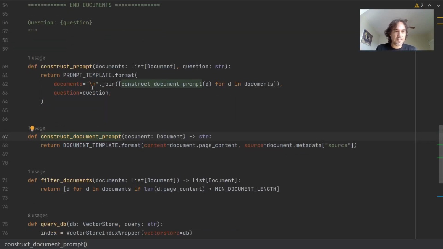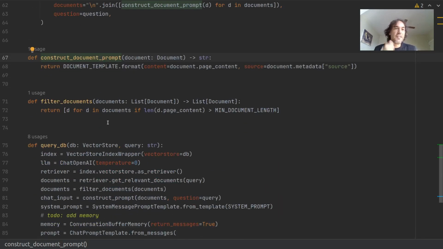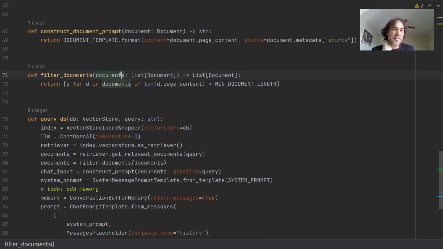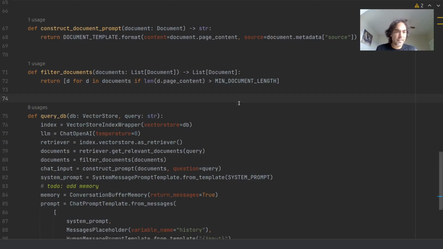This is just boilerplate Python code for formatting and creating, essentially given the documents and the question, just shoving it into these templates. And then the other thing I did, I was finding that there are a couple documents in my database that have like 1 or 2 words in them, and it tries to answer based on that, and sometimes it kind of chokes. So I just added this little filter function, which, when it first pulls out the documents, which it does here with this vector store, filters out anything that's less than like 20 characters long. That's not going to be useful. So this is the code.